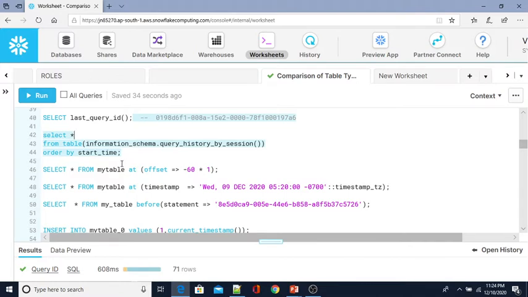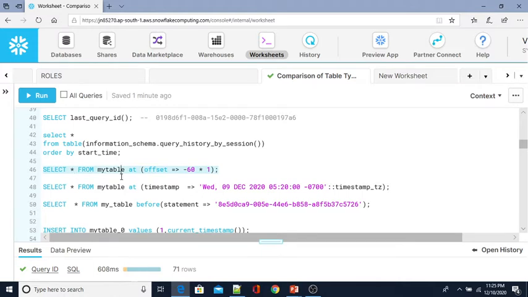This is time travel, where we can get the historical data. Time travel enables accessing historical data, that is, data that has been changed or deleted at any point within a defined period. Here the defined period for a normal table is 1, so let me execute this one.